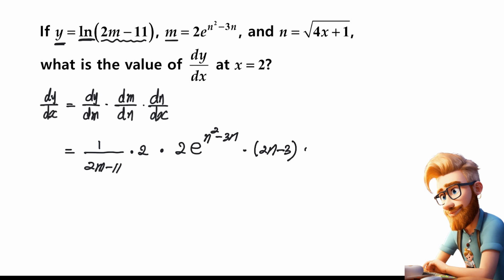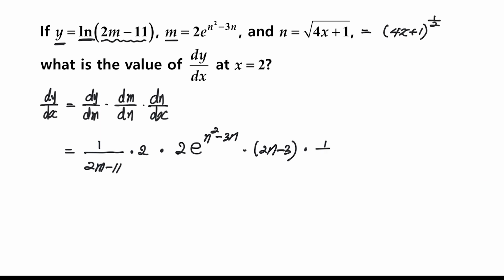Okay, times the derivative of n with respect to x. Here n is the square root of 4x plus 1. That is equal to 4x plus 1 to the power of 1/2. So the derivative of that with respect to x is equal to 1 over 2, 4x plus 1 to the power of negative 1 over 2, times the derivative of this by chain rule, 4, right? So that's dy over dx, and we're going to have to find dy over dx when x is equal to